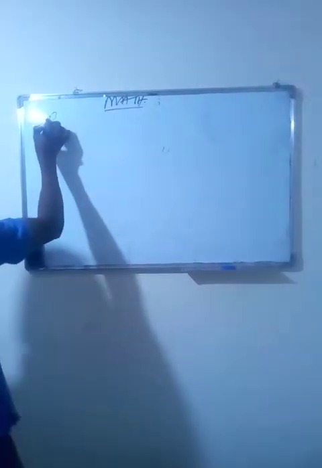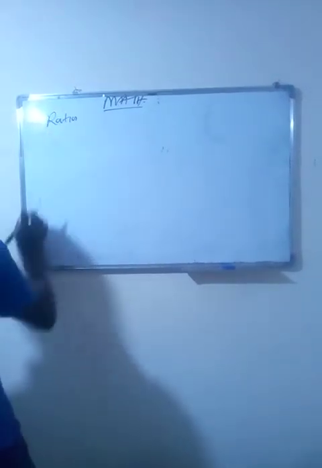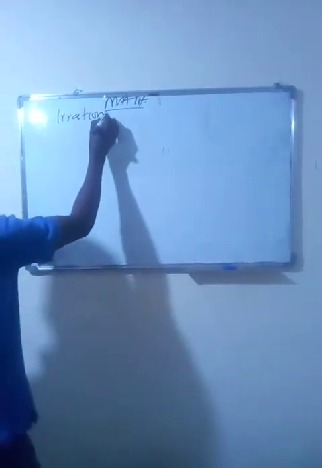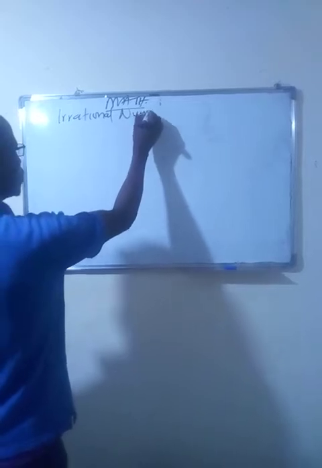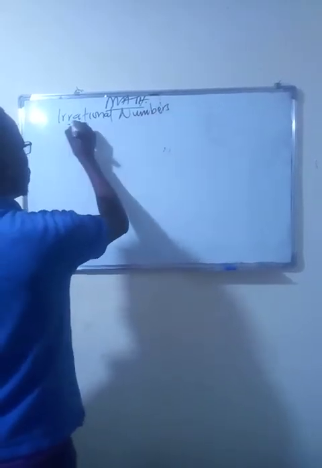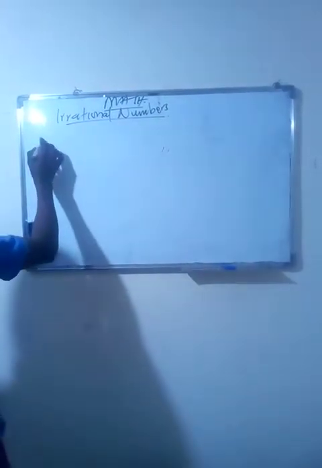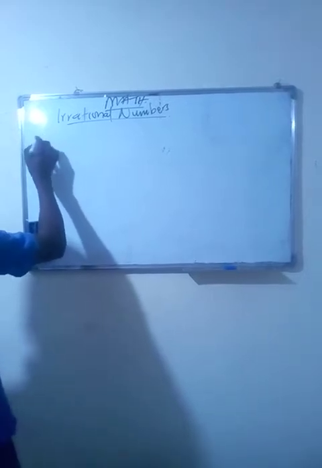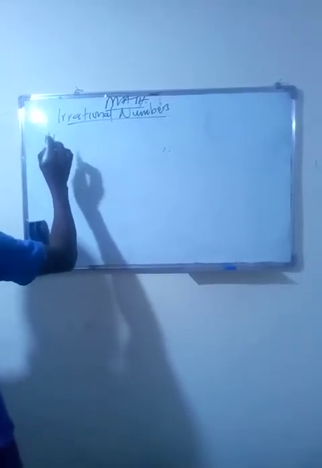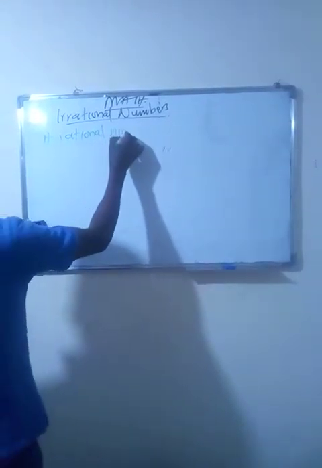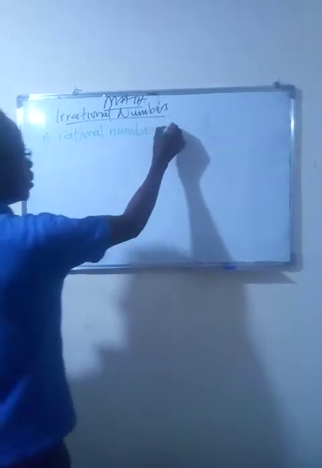So that is irrational numbers. Now, I'm going to take you back to the definition that we gave on rational numbers. Remember, I said that a rational number, just a recap. Okay, we said that a rational number, I'm going to write that in green, a rational number, right, is a number